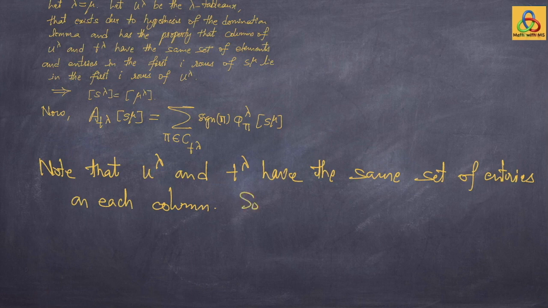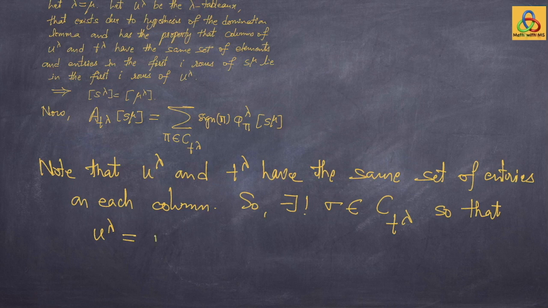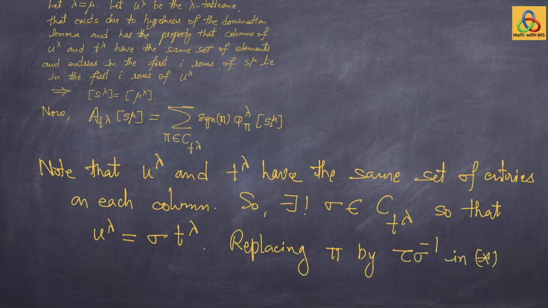So there exists a unique permutation sigma which fixes the columns. So this belongs to the column stabilizer of T lambda, so that the lambda tableau U lambda can be obtained from the lambda tableau T lambda by applying the permutation sigma. So sigma is an element of the column stabilizer of T lambda, and therefore when I multiply this permutation sigma to each element of the column stabilizer C of T lambda, I again get elements of C of T lambda. So I will replace this pi by tau of sigma inverse. So replacing pi by tau of sigma inverse in star, let us call this star, we get